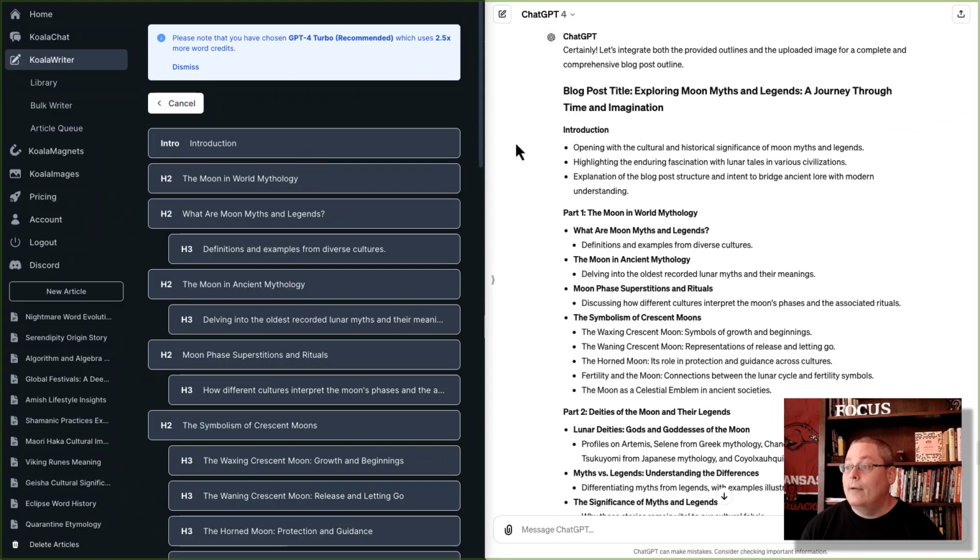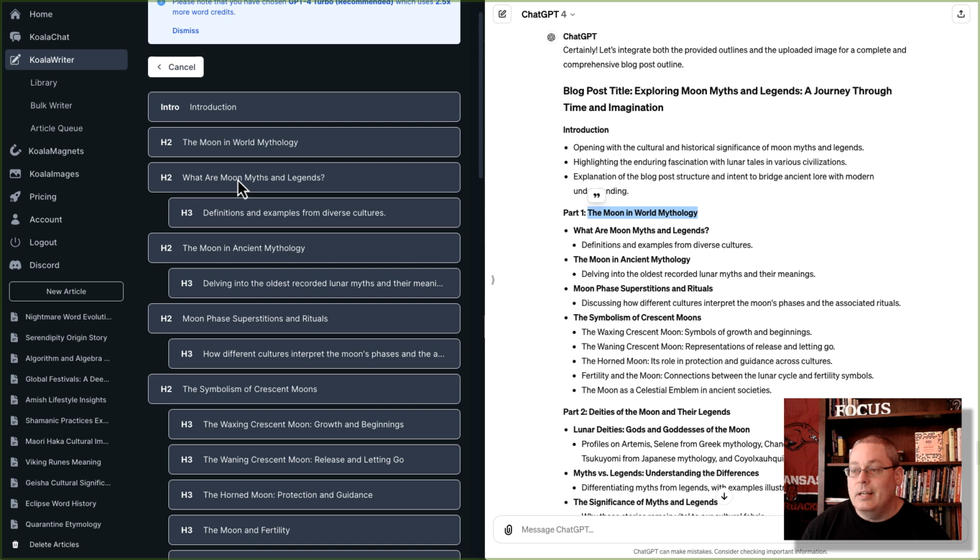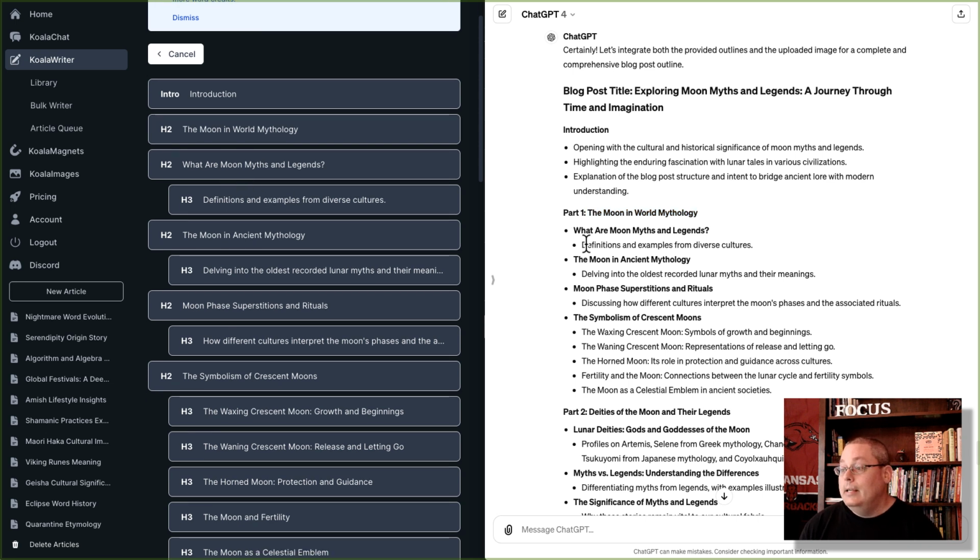All right, so what we have now is we have our introduction. We have the moon in world mythology. As you can see here, that was part 1. I guess you could actually just start with what are moon myths and legends. You don't actually need the moon in world mythology here below the introduction. That technically could be the introduction, but I'm going to leave it in there just to see how it works out. And then what I did is I took a few of these and I made these H3s